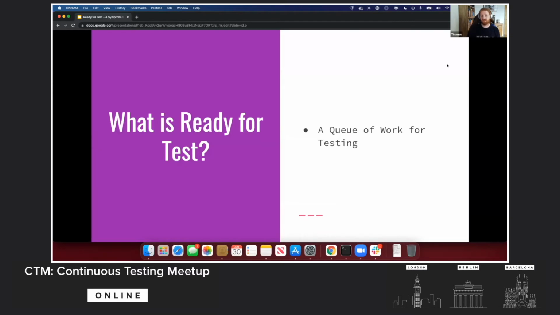So in case you haven't come across this idea of ready for test, or perhaps you've seen it by a different name, what really is it? Well, at its core, ready for test is a queue of work that's ready for testing. Technically, anyone could come along and pick up items from this queue and start to test them. But more often than not, ready for test and in test and columns like it on your sprint boards or Jira boards are seen as belonging to the QA on the team or the QAs.